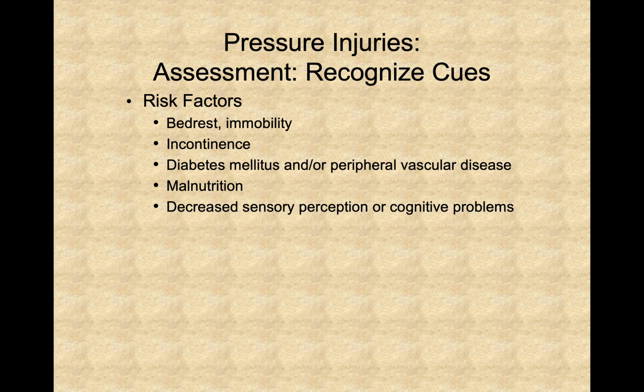And it also needs to be able to get rid of any type of waste that it creates as it's performing its function. And so if we have alteration in perfusion or blood flow to the skin, that can be something that increases risk. With diabetes, especially over long periods of time, we can have little microvascular changes. Elevated blood glucose can lead to delayed wound healing. So they just are particularly at risk